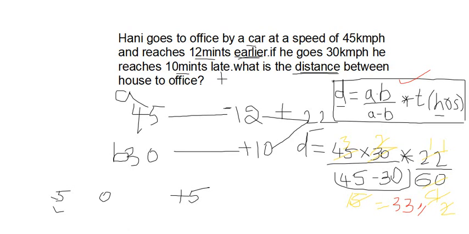When they have given late, you write plus there. If they have given earlier, write minus there. Then later here you should definitely do addition only. Remember this. You should add, then only you will get the difference from here to here. So we got 22, but 22 is in minutes, I need it in hours. So I have done 22 divided by 60 because I am converting minutes to hours. If you do cancellation, finally I am getting the distance value as 33 kilometers. So this is our answer.